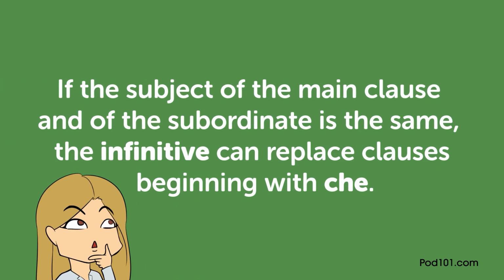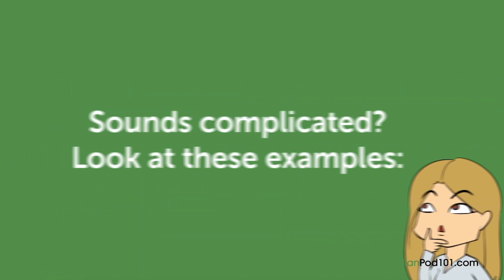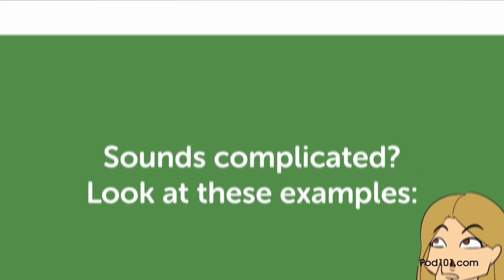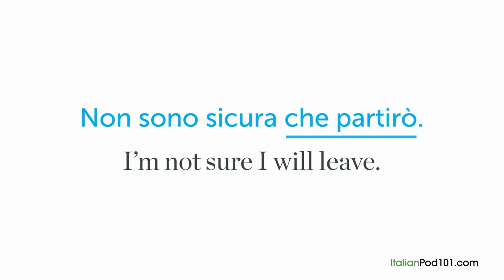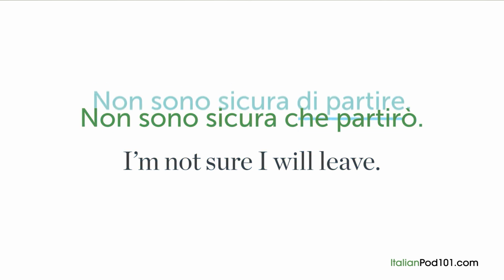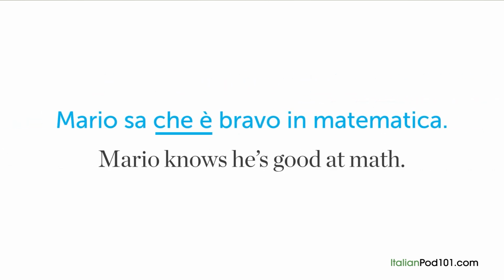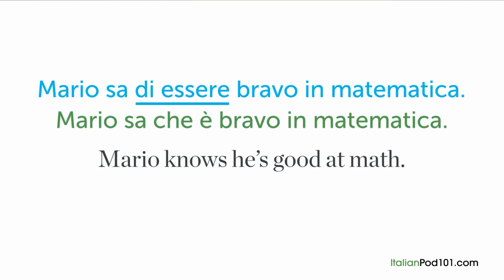If the subject of the main clause and the subordinate is the same, the infinitive can replace clauses beginning with "che." Sounds complicated. Look at these examples. "Non sono sicura che partirò." I'm not sure I will leave. You can say, "non sono sicura di partire." "Mario sa che è bravo in matematica." Mario knows he's good at math. You can say, "Mario sa di essere